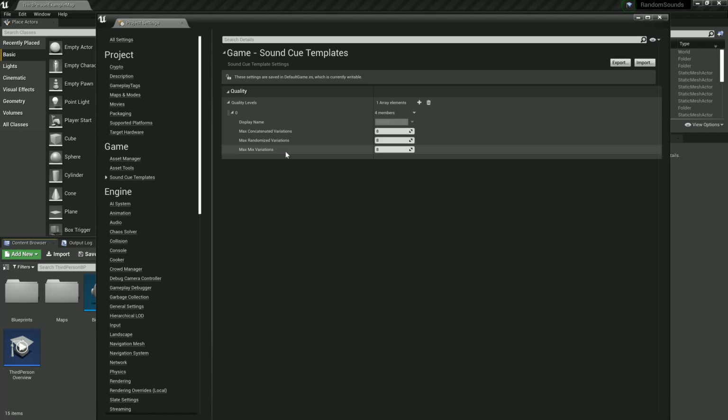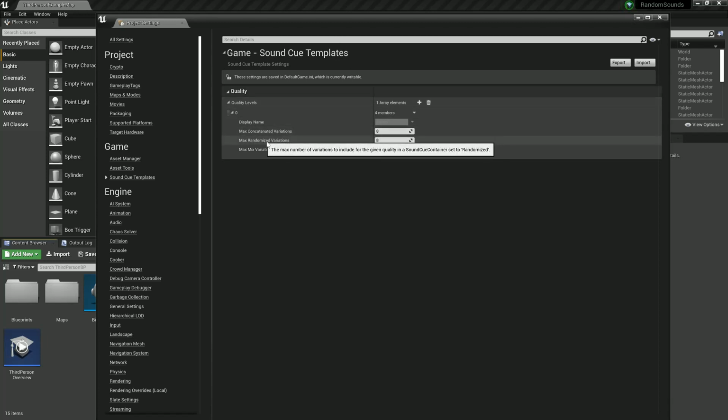So high-end PC or high-end console, you could probably have a whole bunch of sounds playing at once. Whereas with a mobile device, you may need to have a consolidated version of your SoundCue graph. So this is a little method of branching. When we create our SoundCue template, some of them may instantiate quality level differences of branching, so we need to set our quality levels up in advance. And for now, we'll just set up the default,